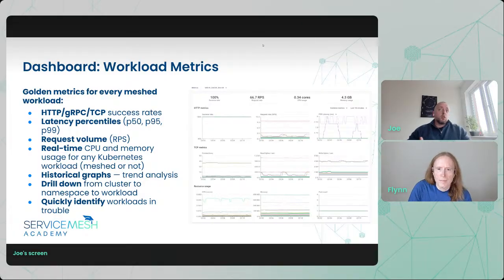Workload metrics. This is another screen. Again, we'll have a look at that in a few minutes. But we've got some golden metrics, those metrics we were talking about earlier. So I will just go very quickly from top to bottom. We've got those HTTP metrics,